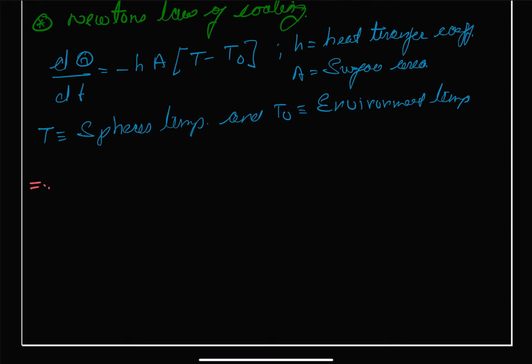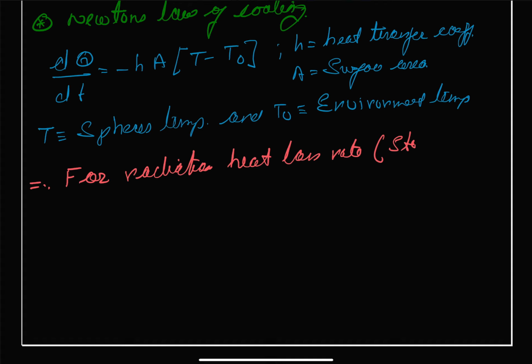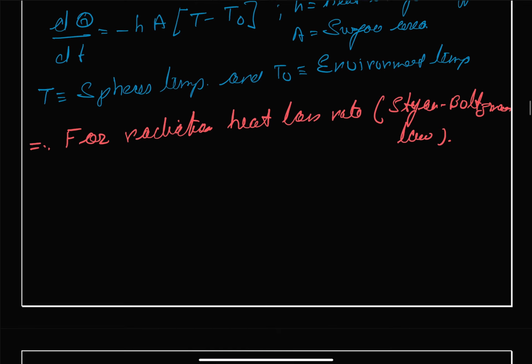So for the radiation heat loss rate, it is our Stefan-Boltzmann law, and this gives us that dQ/dt is equal to minus epsilon sigma A times (T raised to power 4 minus T naught raised to power 4),